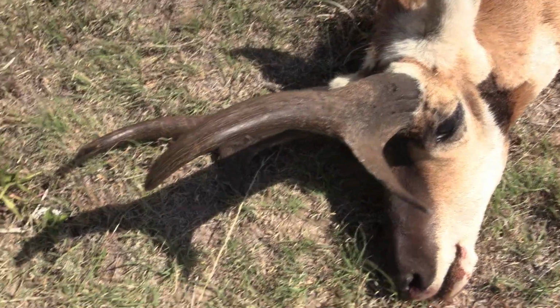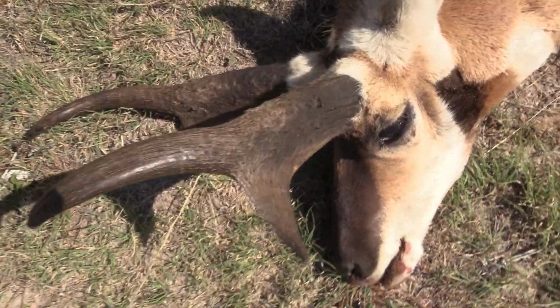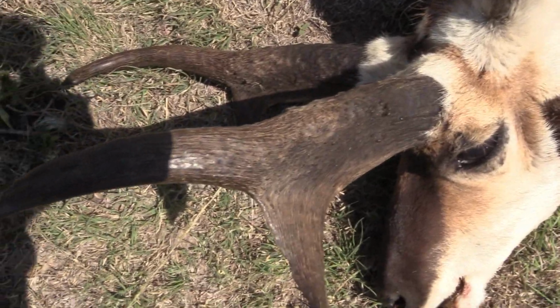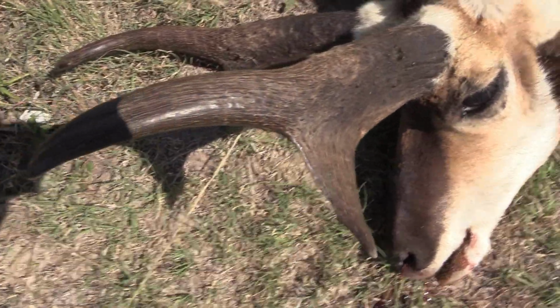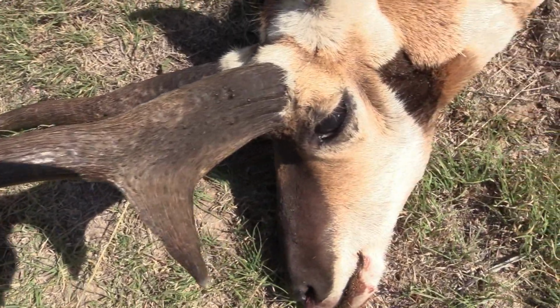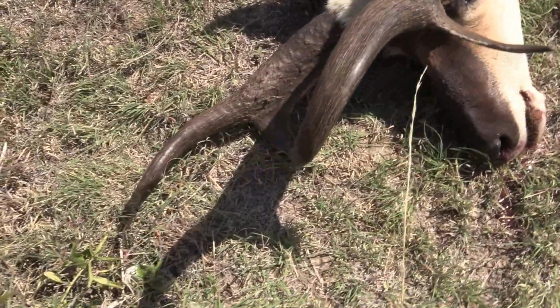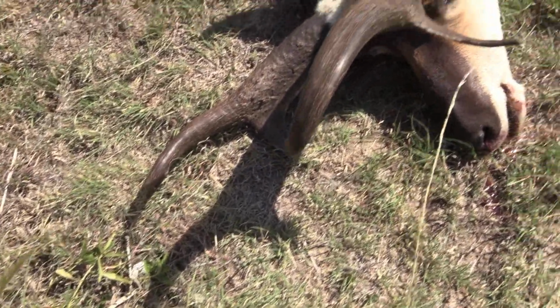Over the years I've shot a lot of antelope, but I've never shot one quite like this. I want you to look at these prongs. These prongs are absolutely huge no matter where you hunt antelope. They've got to be at least 5 inches, I think, by the time it's all said and done. I'm guessing he's probably about 14 or 15 inches long. Absolutely a fabulous,